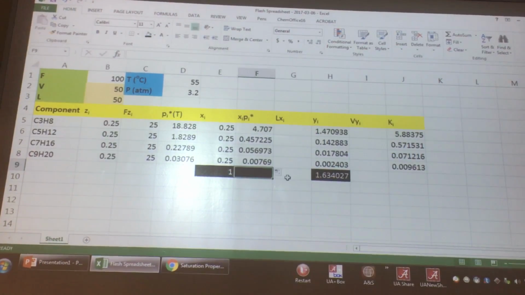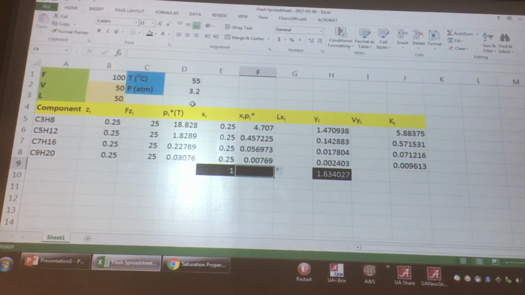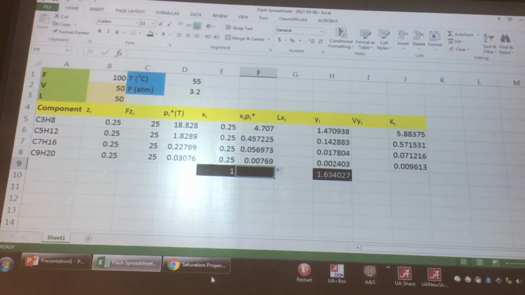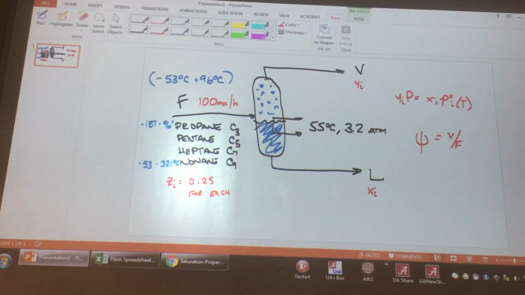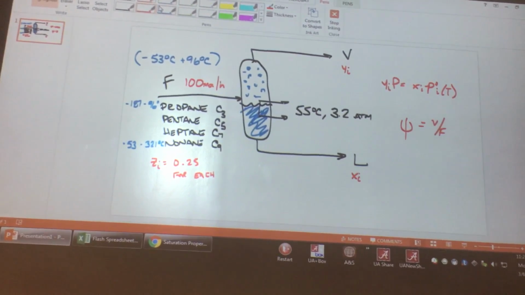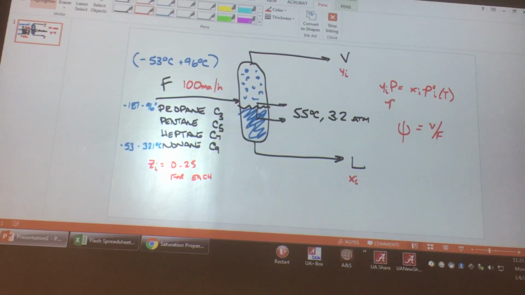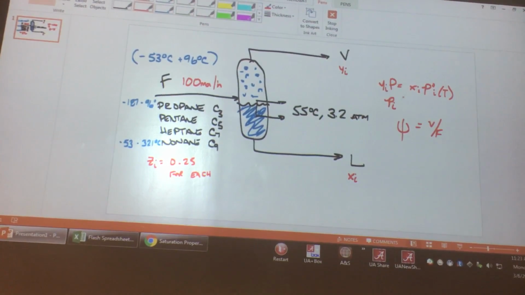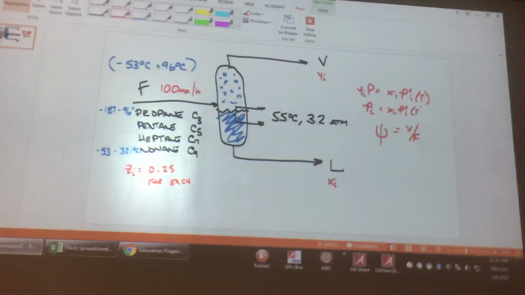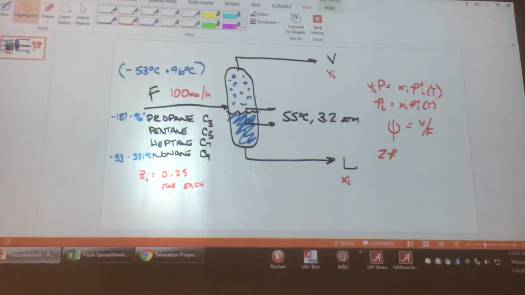So the total pressure, well, the partial pressure. We don't usually write it like this, but I know I wrote this maybe early on. Pi, that's the partial pressure, is also equal to xi P star i at T, so the sum of Pi